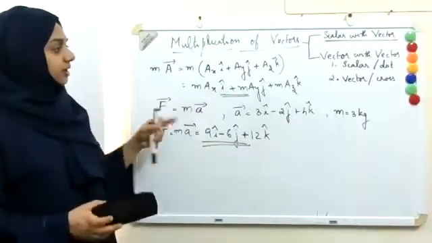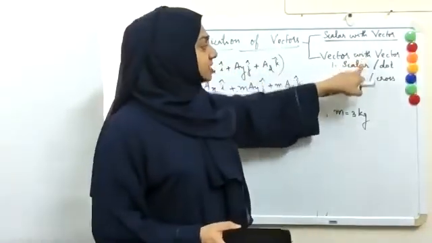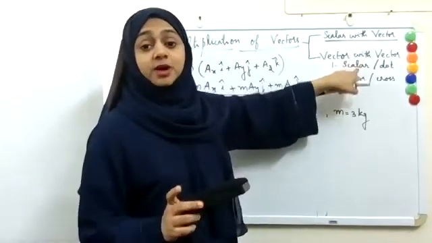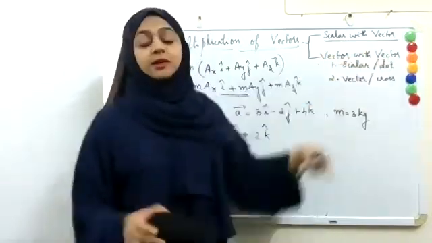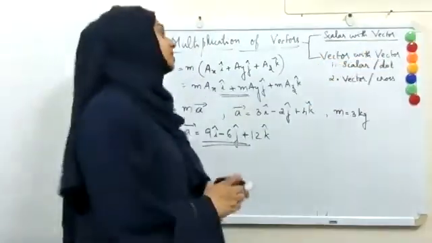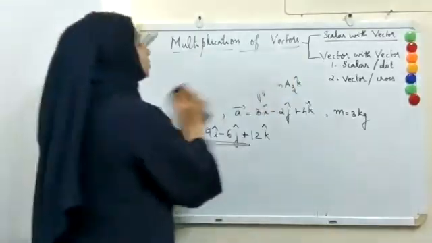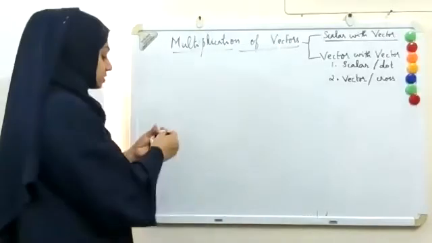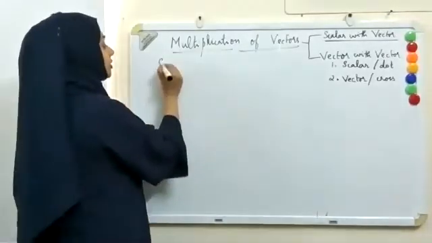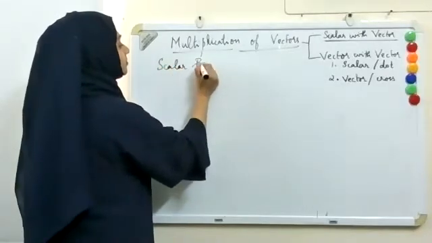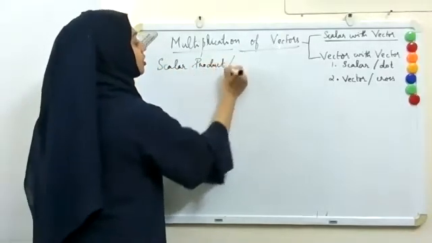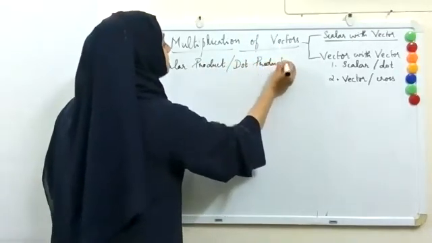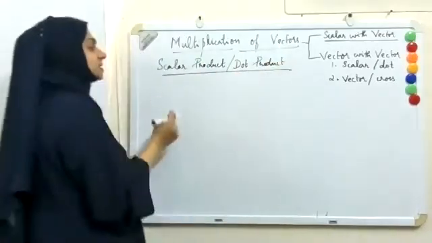Yeah, teacher. Okay, now let me go on fast and let us see how you can take the scalar product. Here you are multiplying a vector with a vector, but as a result, we get a scalar quantity. So let's see how it is done. So you call it the scalar product or otherwise the dot product. It is called dot product because it is represented with the dot.